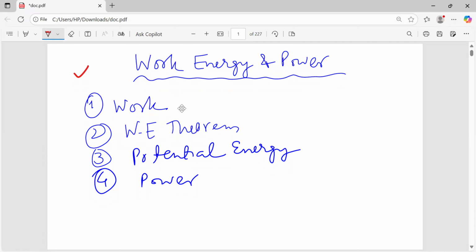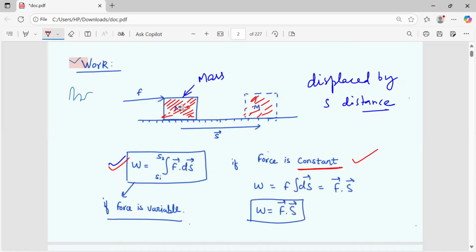Let us start. First one, what is work? देखिए, सबसे पहले हम वर्क की बात करते हैं। तो सपोज़ अ मास इज़ प्लेस्ड ओवर ग्राउंड, देन अ फोर्स इज़ अप्लाइड इन दिस डायरेक्शन, देन इट डिस्प्लेसेस द मास इन द डायरेक्शन ऑफ S। तो ये S आपका डिस्टेंस हो गया। तो इसको डिफाइन करते हैं हम, W equal to integral S1 to S2 F·dS। This is work done.